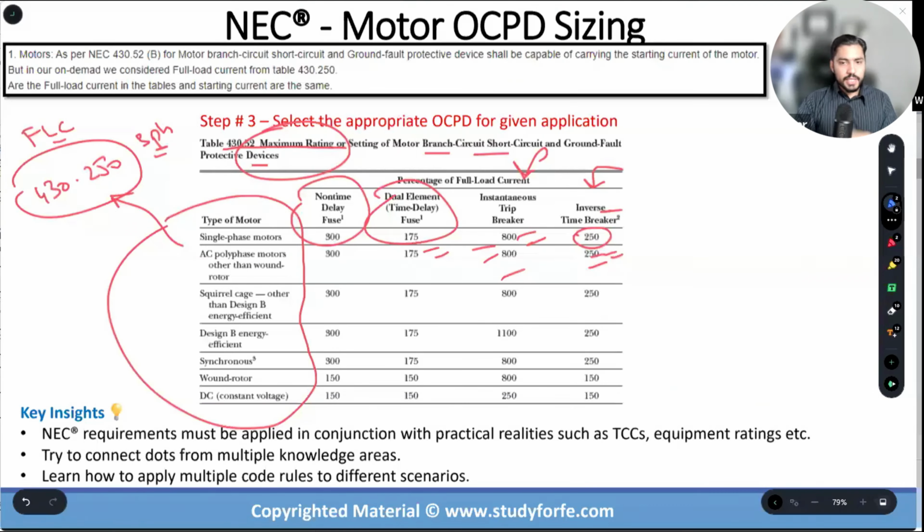All right. So what are the key insights, guys, over here? NEC requirements must be applied in conjunction with practical realities such as TCCs, equipment ratings, and so on. Okay, OEM requirements can ride on top of this as well. OEM is the original equipment manufacturer, right? In practice, we pay special attention to the OEM requirements. For example, if a motor is combined with a VFD, then the VFD manufacturer will have certain requirements. The motor vendor will have some specific requirements,